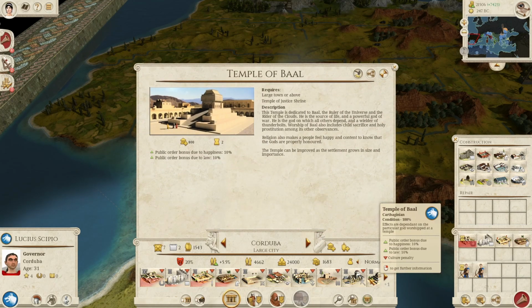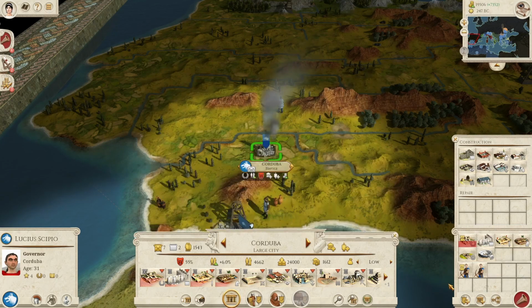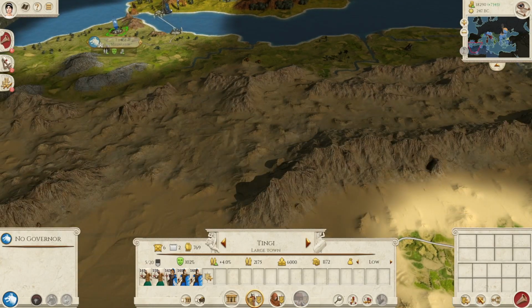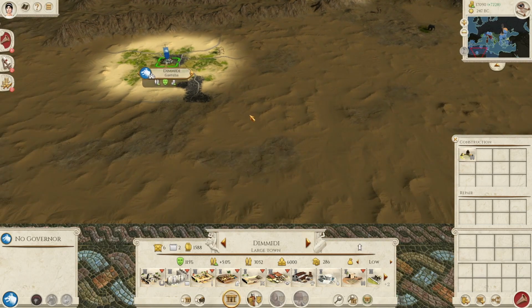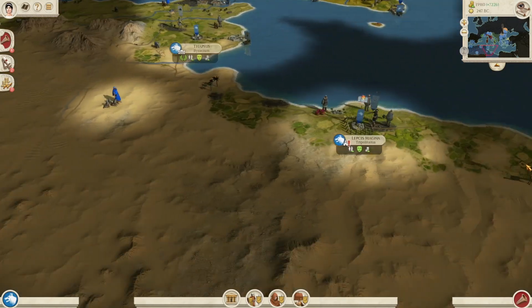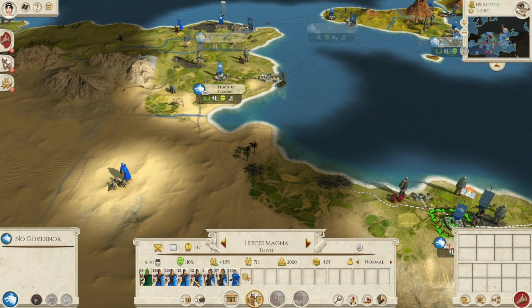And okay, so we are going to have some issues with the public order here. Let's hope we can resolve them rather quickly. And I think we're planning to make one additional army to take the city there. Are these guys planning to attack at some point, or should we